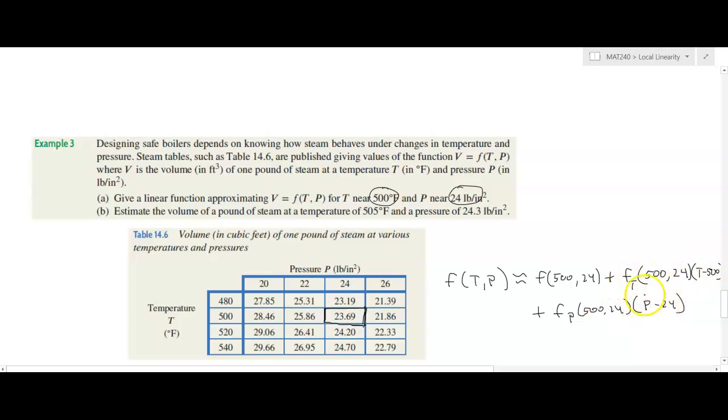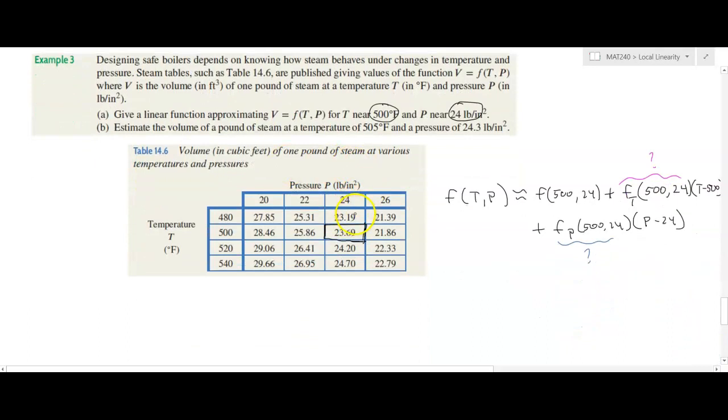And so of course we need some approximations here. We need to get f sub t, which is going to be this guy here, and we also need to get f sub p, which is this guy right here. So we know how to approximate those from tables. There are many ways to approximate these numerically, but one such way is to say that f sub t